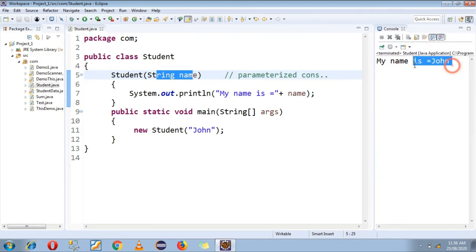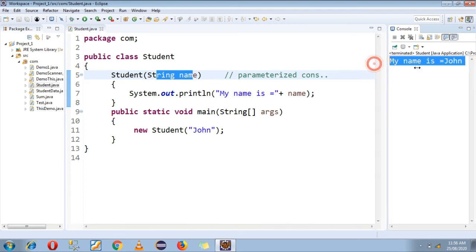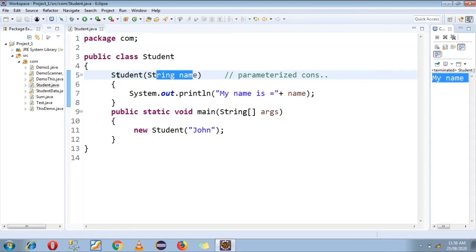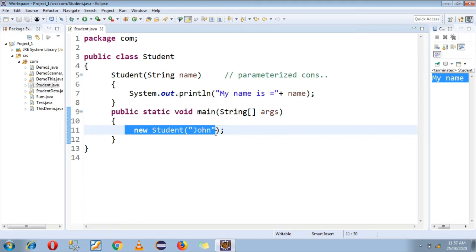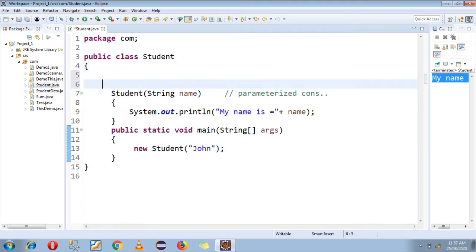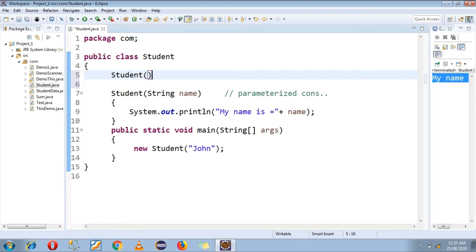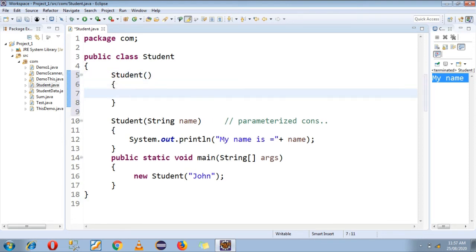Now I am creating one default constructor. Default constructor means a no argument constructor. In this parenthesis we are not providing any value, so that's why it's called a no argument constructor. Simply I am printing, it is default constructor.